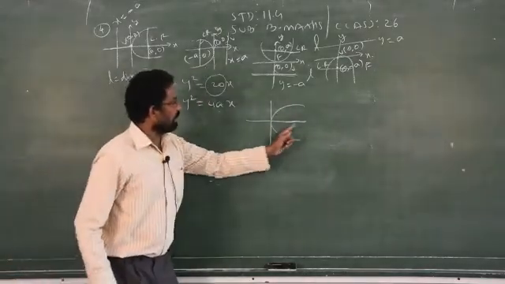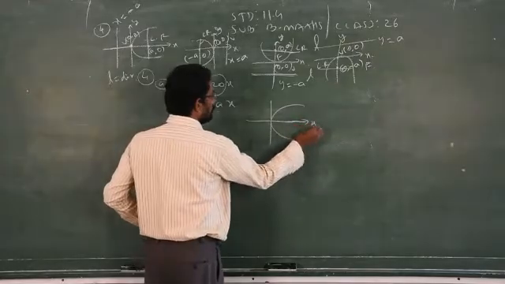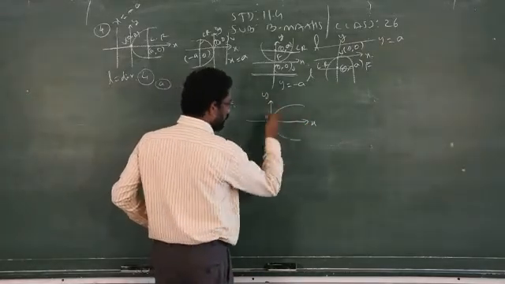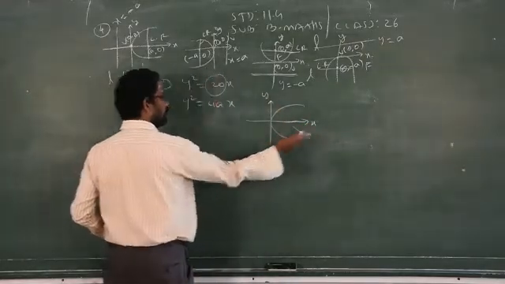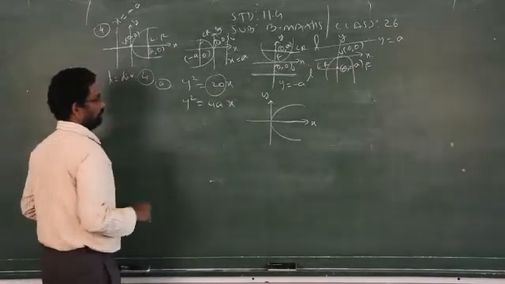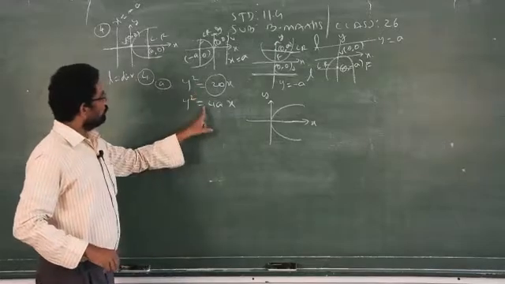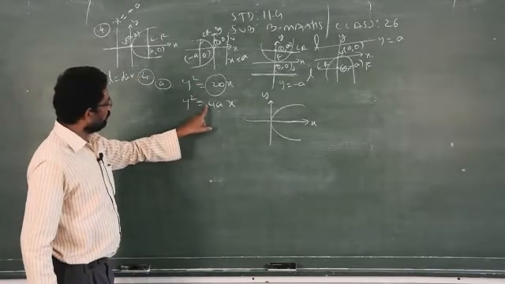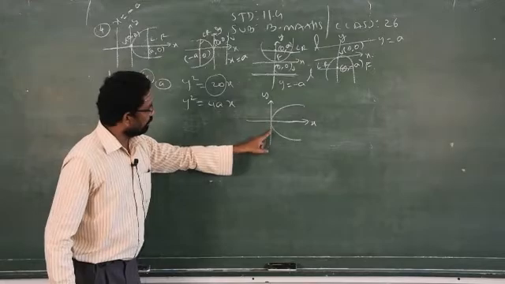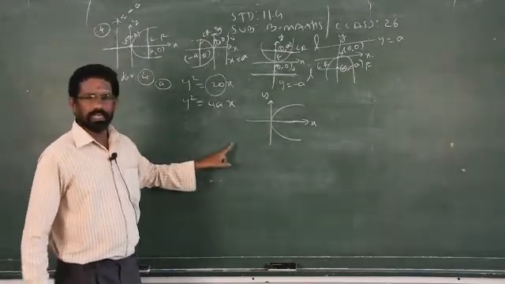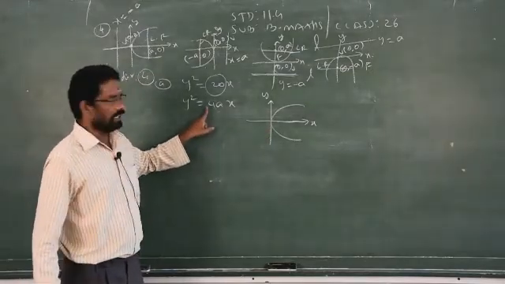To contain the x-axis, you have 2 possibilities. One is right side open, and another one is left side open. What is meant by right side open? It depends upon the sign. Do you have any minus sign? If there is a minus sign, then it will be left side open, the negative side. Here there is no negative sign.